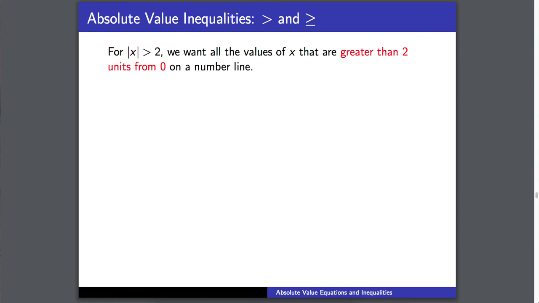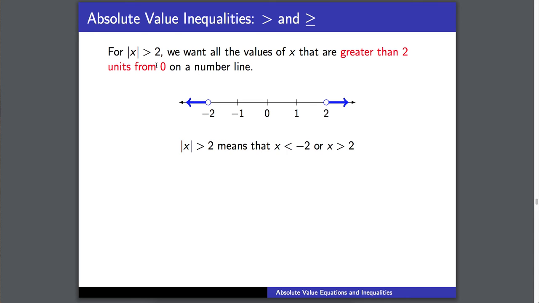Okay, in this video we're going to look at solving absolute value inequalities involving greater than and greater than or equal to. So for the absolute value of x greater than 2, we want all the values of x on the number line that are more than 2 spaces away from 0. So anything to the left of -2 or anything to the right of +2 will make this original inequality true. For instance, the absolute value of -10 is 10, which is greater than 2. So absolute value of x greater than 2 means that either x is less than -2 or x is greater